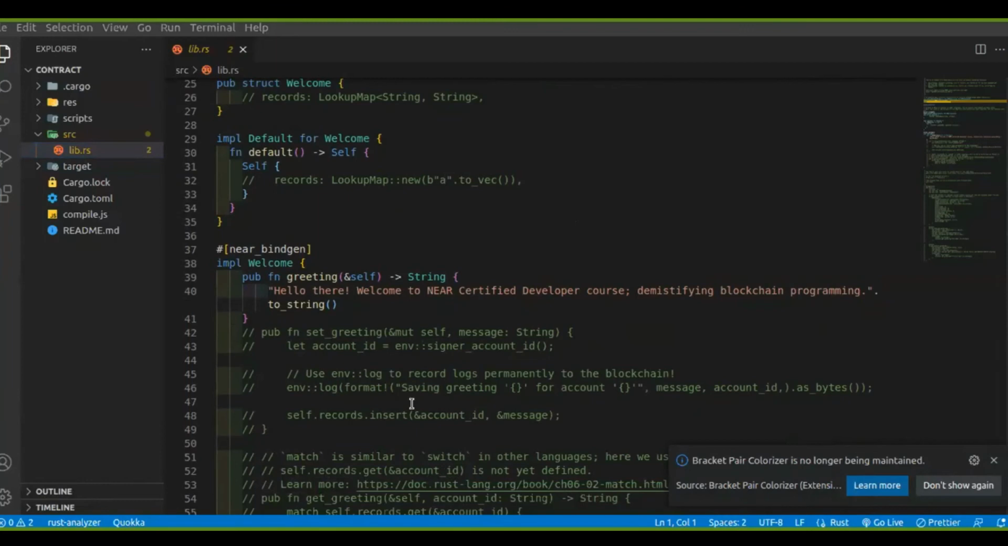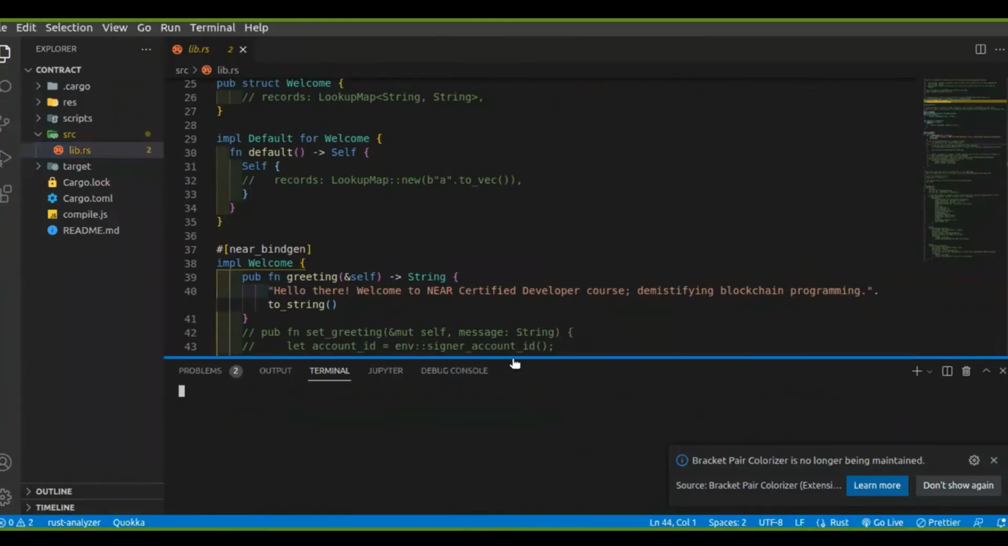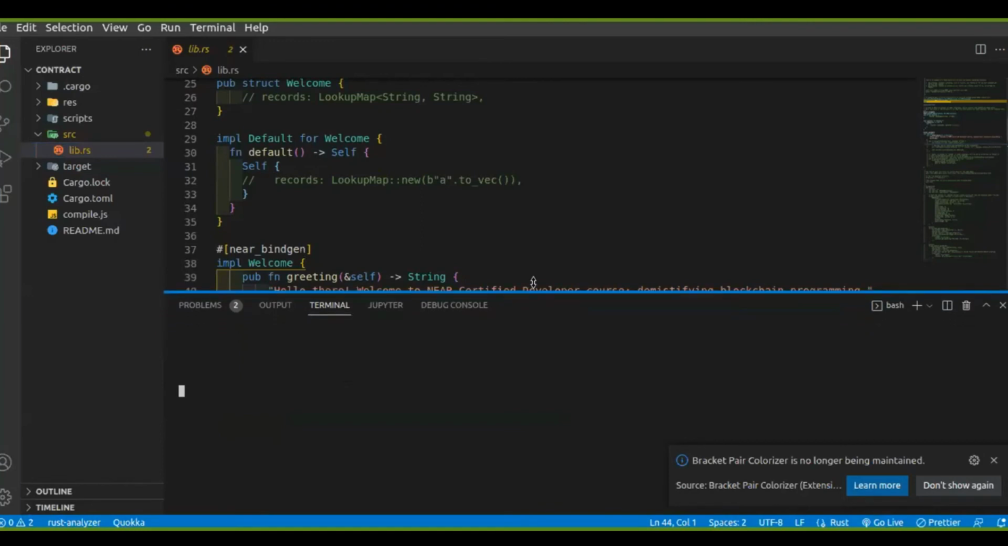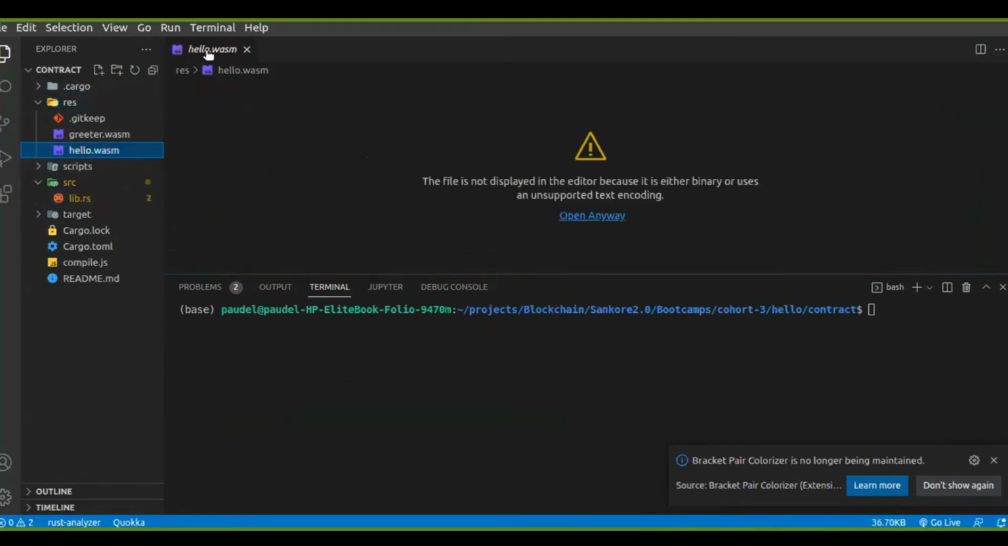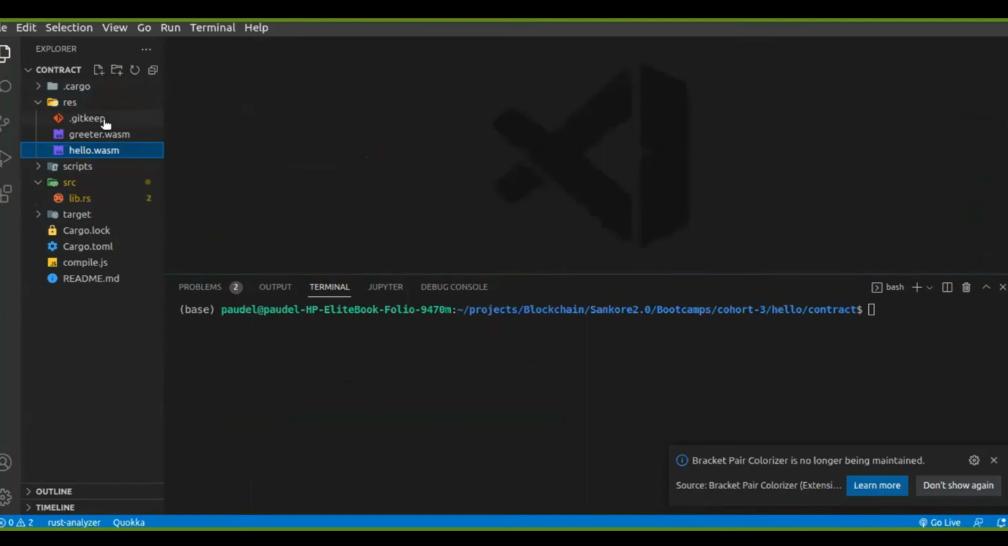So I don't know if my terminal has opened. Terminal is taking long. Awesome. So here we go. Yeah, so right here, whatever I built, or rather compiled down, was hello.wasm. So that is the bytecode I've been talking about. In this case, we're just going to try and see if we can deploy these to the